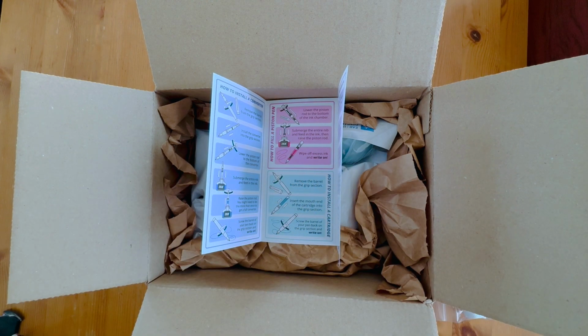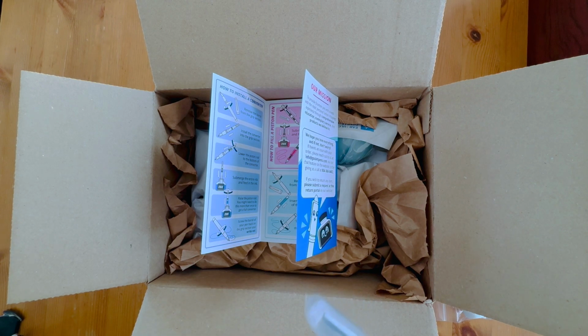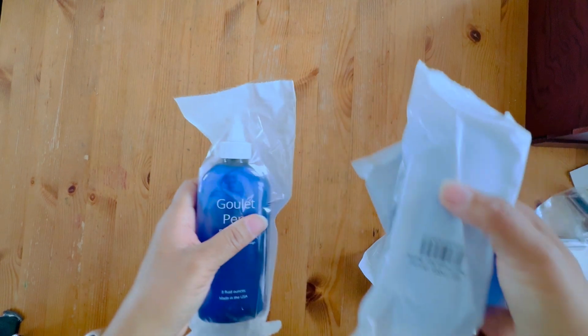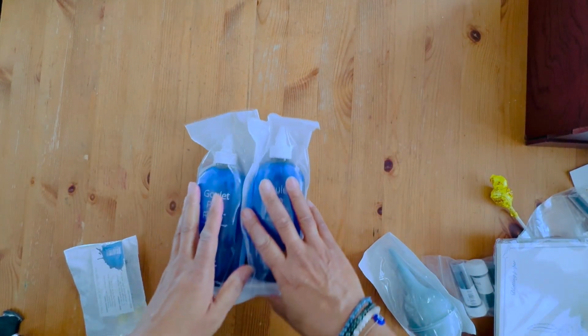And this one is taped shut. And I'll try to get into there and get that one taken care of. The filling instructions. Get the rest of the stuff out. All right. That over there. Okay, so really unexciting haul, but this is some of the maintenance things that you may need